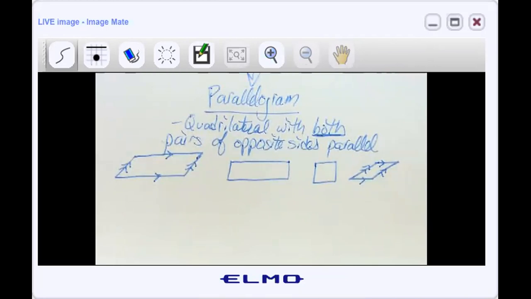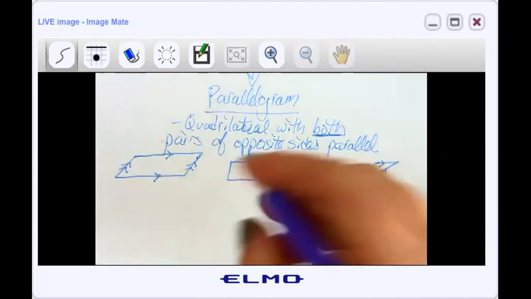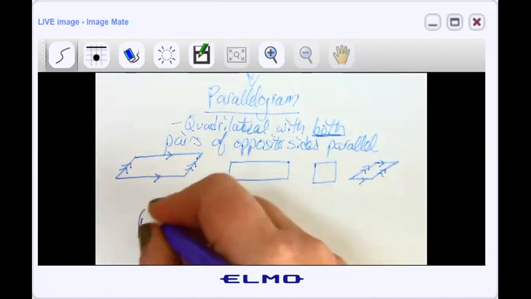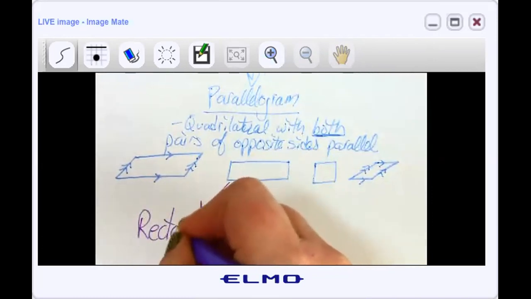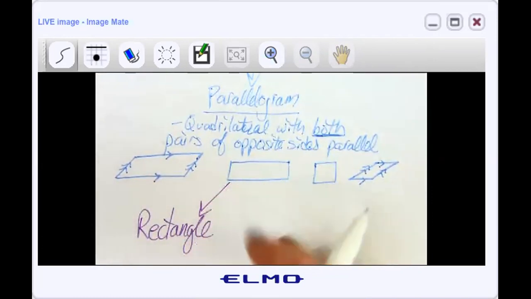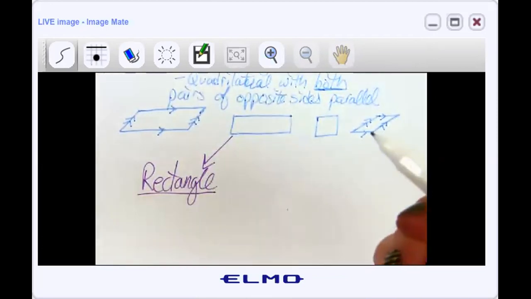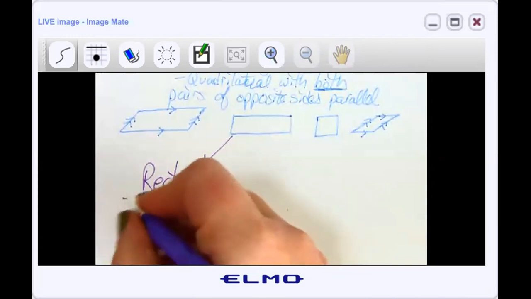So now we're going to branch off of parallelograms. And coming off of parallelograms, we're actually going to talk about 2 different types of parallelograms. Oh, which one should we do first? How about the rectangle, right? So the rectangle, what makes a rectangle a rectangle? Well, first of all, it is a type of parallelogram with,